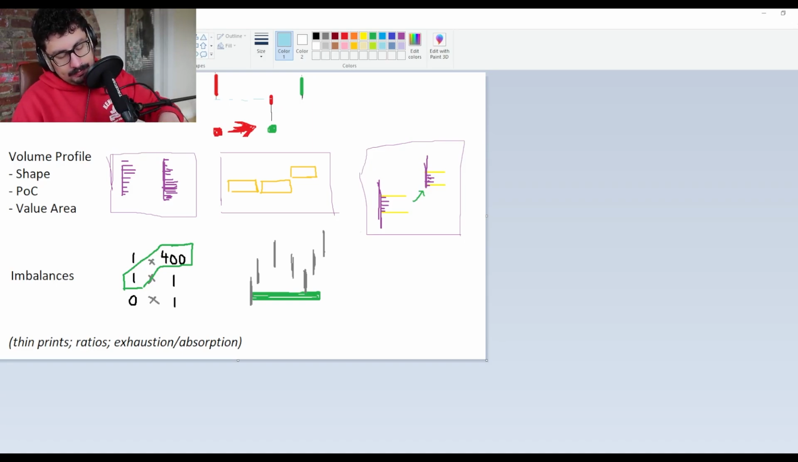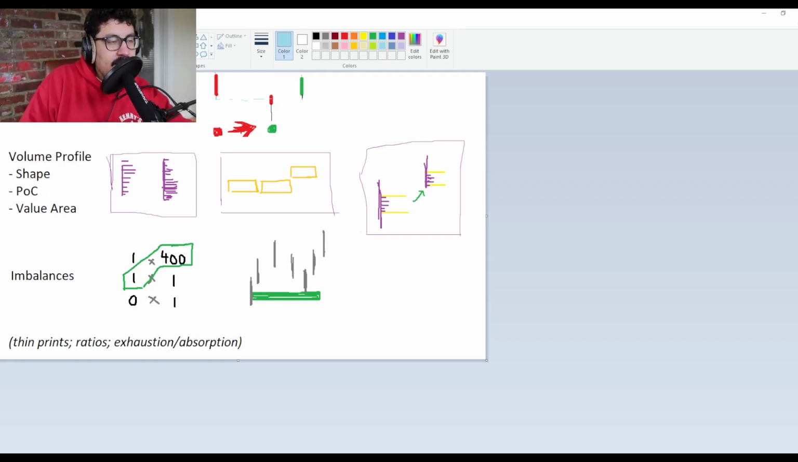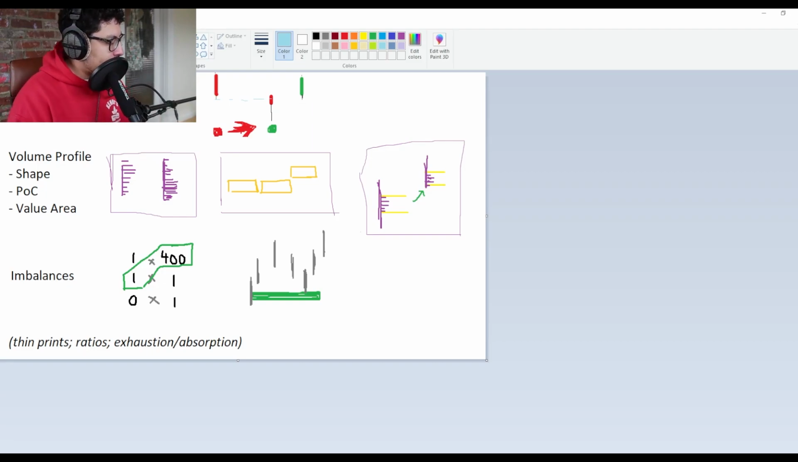But I know one big thing in ICT is the fair value gaps. And it never made sense to me, because I'm like, why would you? Yeah, it's a bullish sign. So what a fair value gap is, for if you're lucky enough to not know what ICT is,